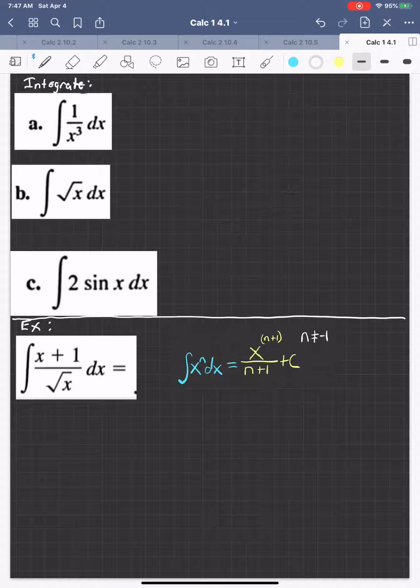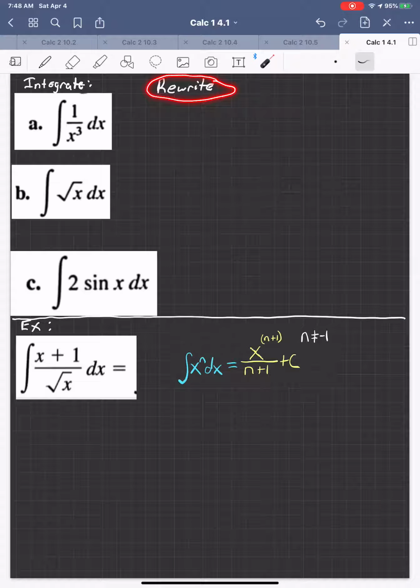Okay, so let's start with the most important part, which is the ability to rewrite a function. You give me two calculus students, and one is working extremely hard to arrive at their answer, and the other just seems to be breezing through it. Nine out of 10 times, it has nothing to do with IQ. It's just that one noticed that you could rewrite this thing and make it a whole lot simpler. So let me see if I can show you what I'm talking about. Starting with part A, if you want to integrate 1 over x cubed,